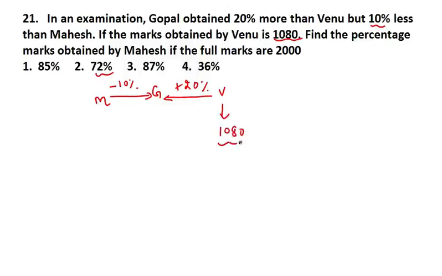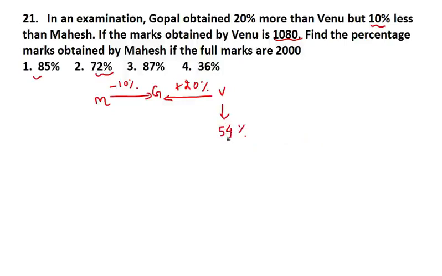out of 2000. Here I will suggest you please convert this into percentage, because at last you have to deal with percentage only. So better right now you convert it into percentage. If you multiply by 100 and cut, how much will you get? You will get 54%. The zeros will get cut, so you get 54%. So it means Venu got 54%.